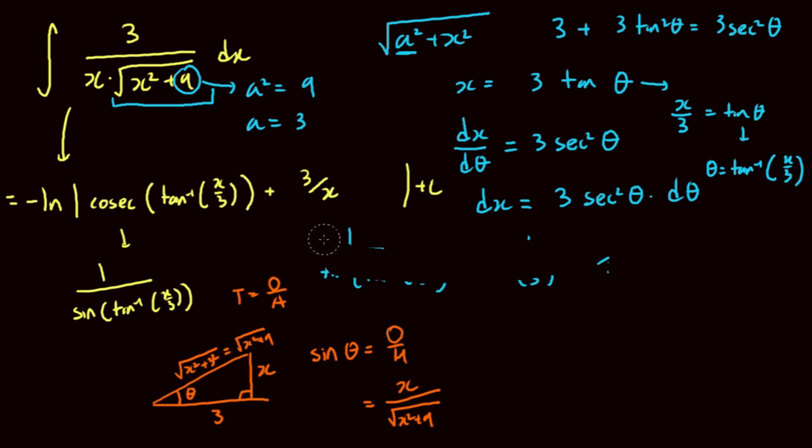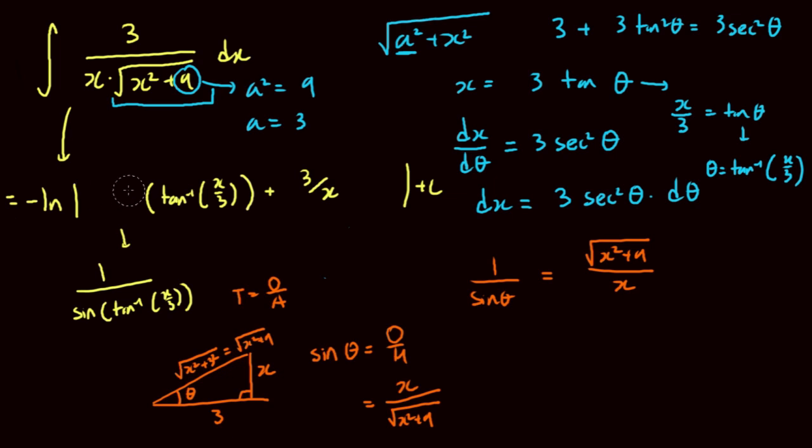Okay, so I'm going to erase this. Right? That's sine theta. Now, what is 1 over that? 1 over sine theta is just equivalent to saying square root of x squared plus 9 over x. So, you can present your result a bit elegantly like this. Like so. So, it would be square root x squared